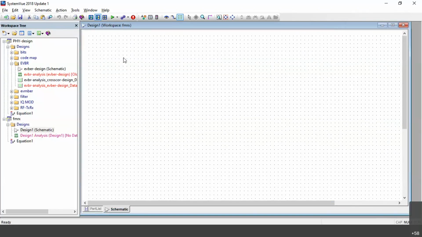Shall I continue with the FM receiver design? I'll go with the FM receiver design, or else I can continue tomorrow. Or if any questions, I can go with the questions. Shall we continue? Yes, we will continue tomorrow. We got the response, ma'am, so we can continue tomorrow. Is that fine, ma'am? Yeah, fine, ma'am. No worry, we can continue tomorrow.